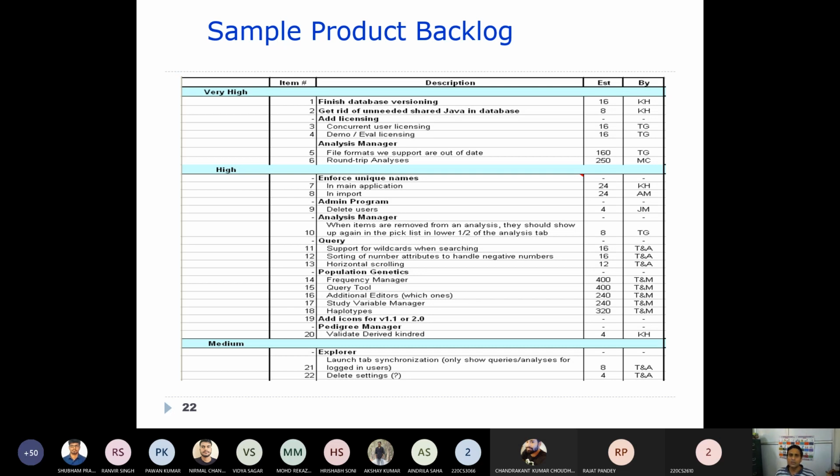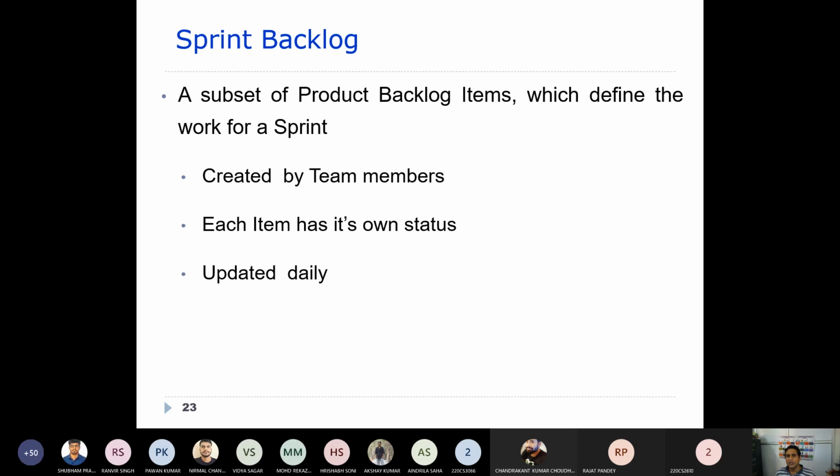Now there is a sprint backlog. As I told you, it's a subset of product backlog items which will be defined, developed and delivered during a particular sprint, right? These will be created by the team members in consultation with the product owner.